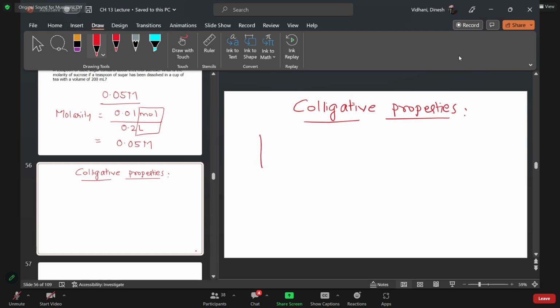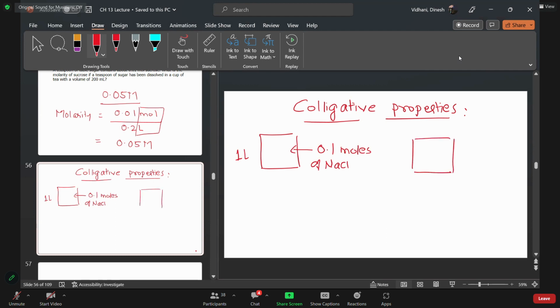Suppose you have a solution containing 0.1 moles of sodium chloride, and you have 1 liter solution. That means you are looking at 0.1 molar. And you have another solution. This one, instead of containing 0.1 moles, this one is 0.2 moles. And this one contains glucose